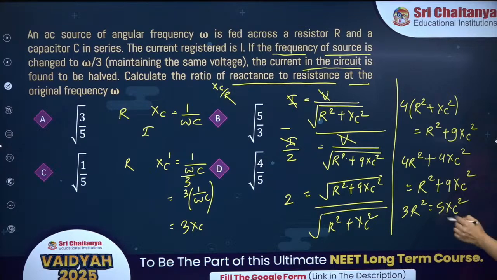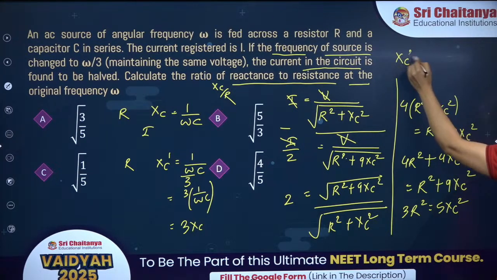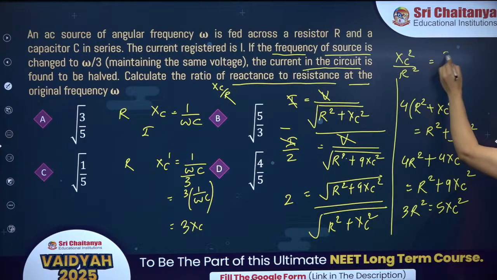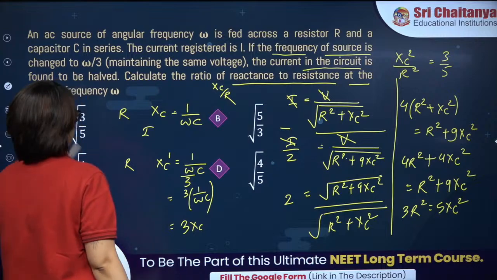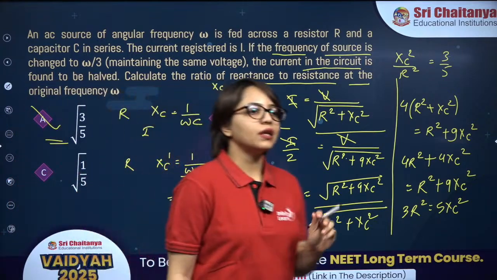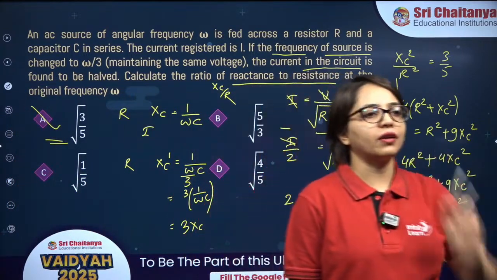What do we have? XC upon R ratio, na? So XC square divided by R square will be 3 by 5. So XC upon R will be under root of 3 by 5, which is option A. Okay, which is option A. Well done guys, good job everyone. Chaliye,